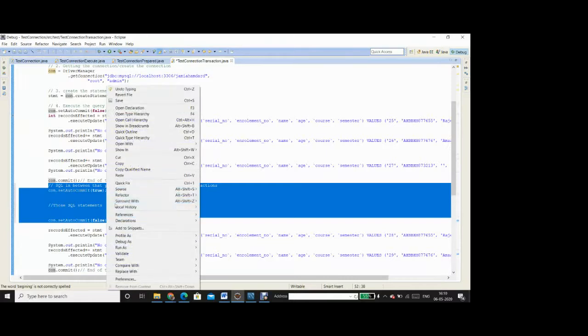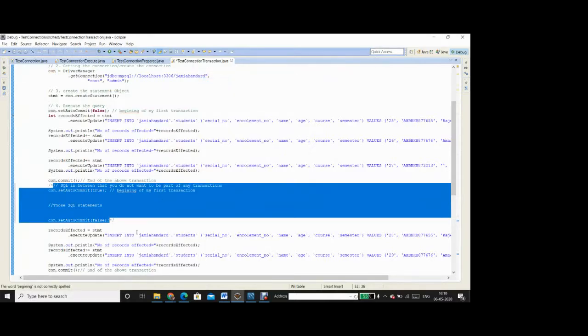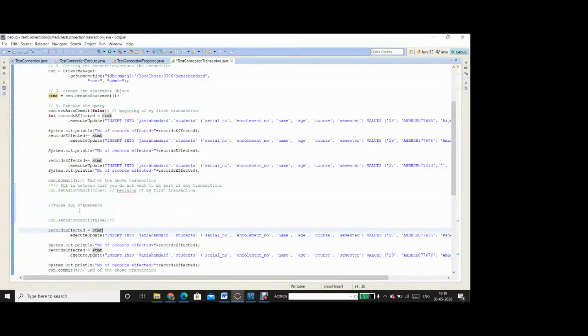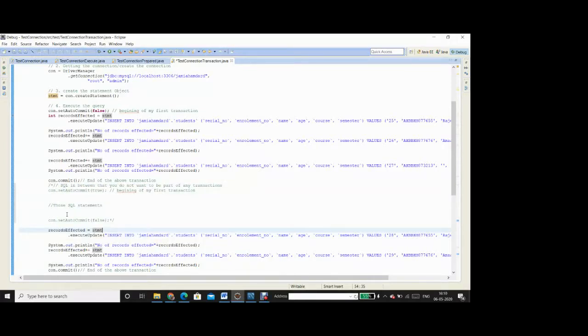Let me put it into a comment so that it is available for you to refer to for understanding. So it's assumed this code is not there. So the con.commit is there, and still auto commit is false. With the same auto commit false instruction, we proceed with the second transaction.